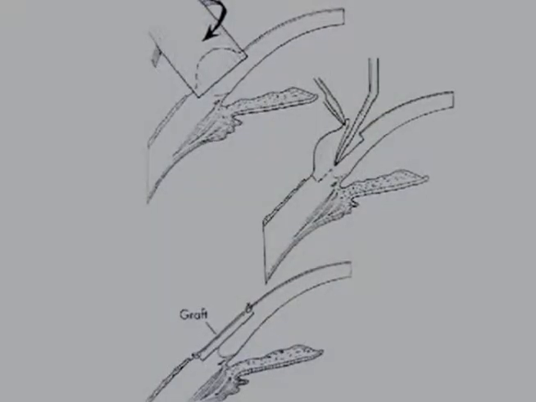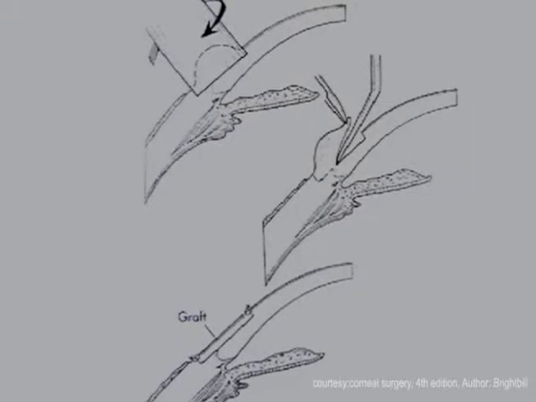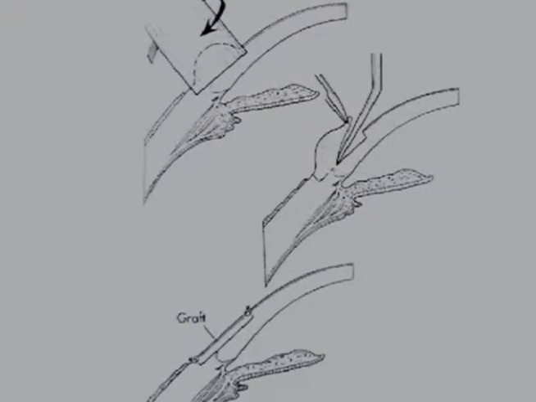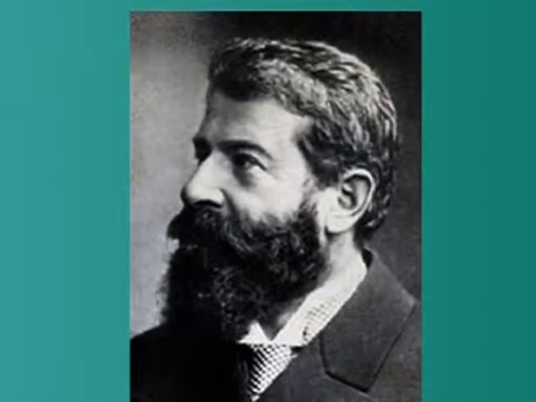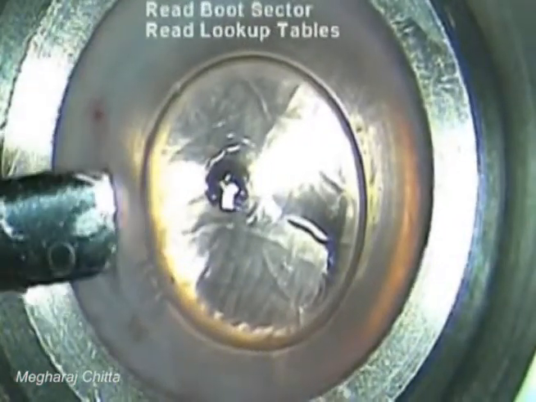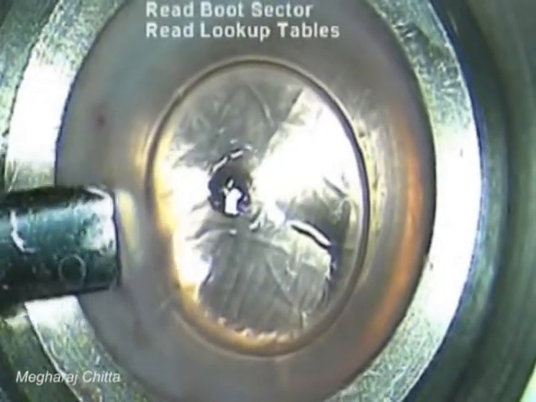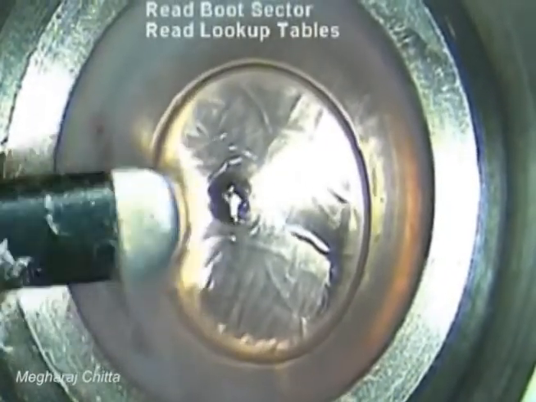Lamellar keratoplasty is a surgical technique of partial transplantation of donor tissue after the dissection of the diseased host cornea. The history of lamellar keratoplasty goes back over 100 years. It is well known that problems with the host endothelium are a leading cause of graft failure with penetrating keratoplasty.